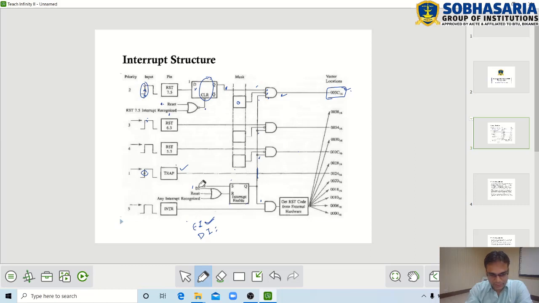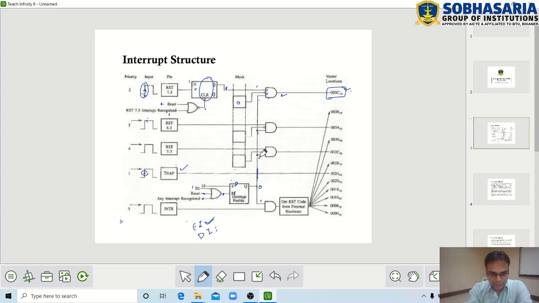And if this DI is 1, whatever the status of this, it is not going to matter whether it is 0 or 1. If DI is 1, then the output will definitely be 1. So R will be 1, right? So if R is 1 and S is 0, in that case the Q will have 0.